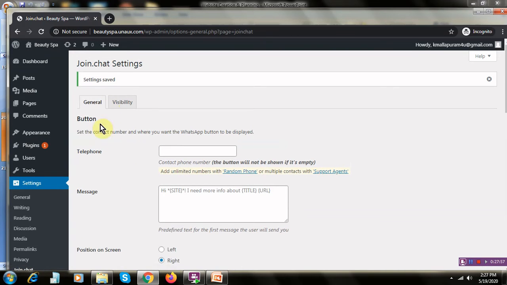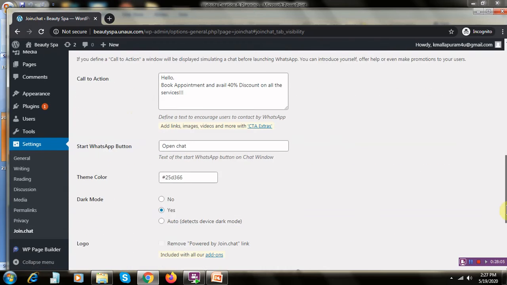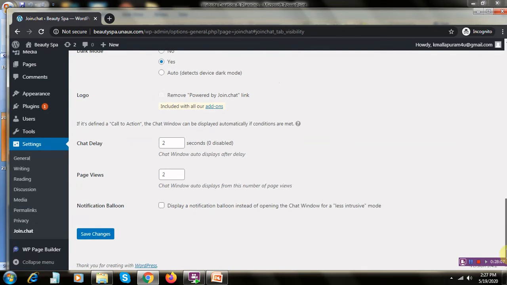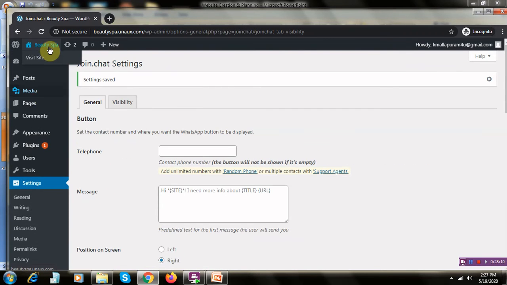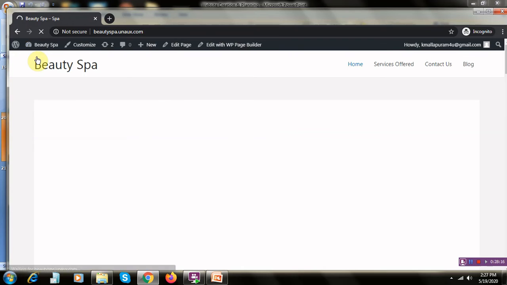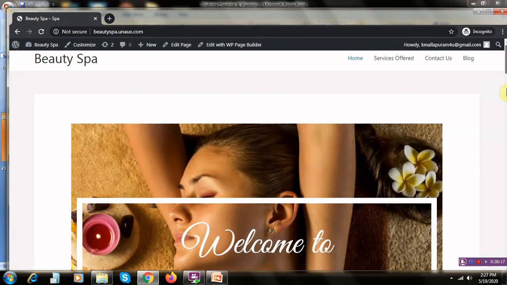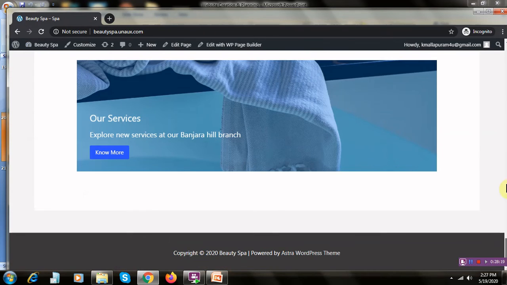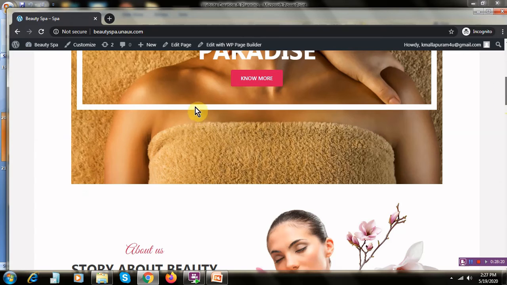Yeah, so let's see the visibility part. So let's go to our site and check once again whether it is updated or not. Let's refresh it.